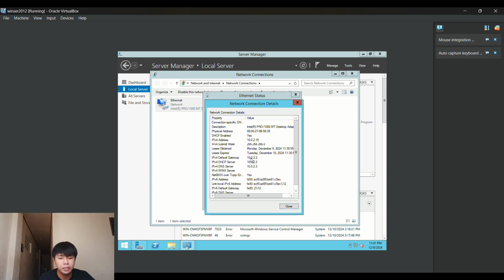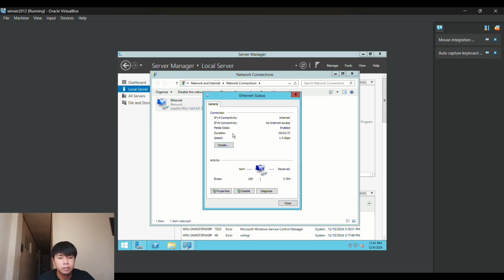Then select the details. And you will see the network connection details, and you will need to save the IPv4 address and IPv4 subnet mask, then the gateway server, then that's it.